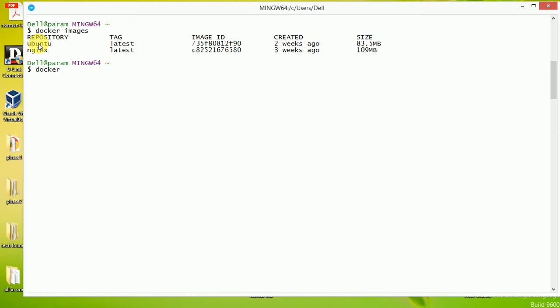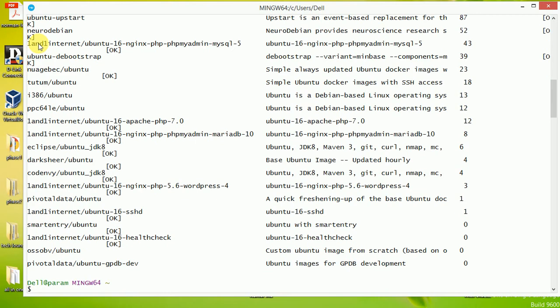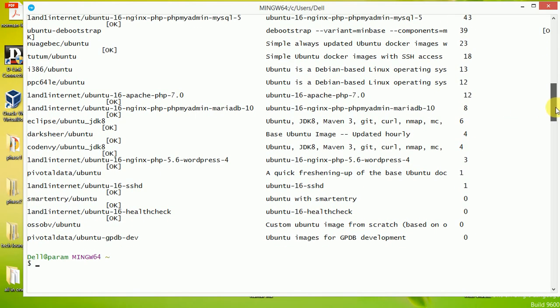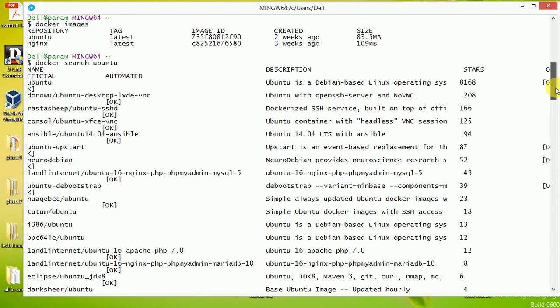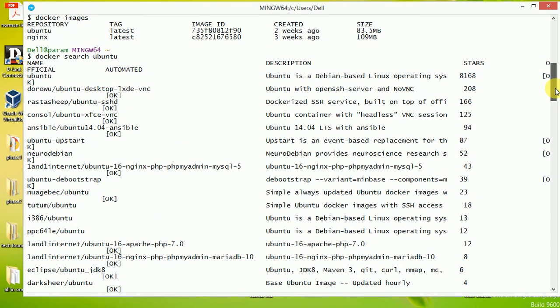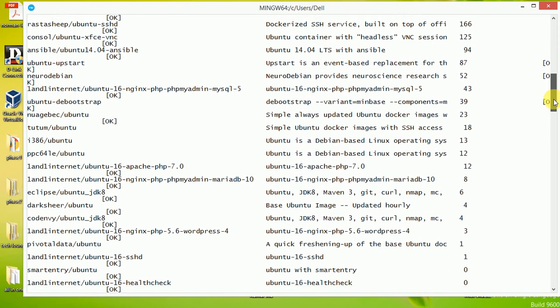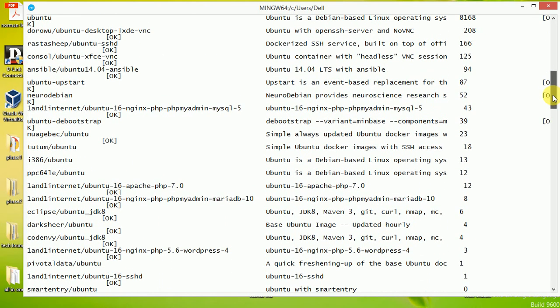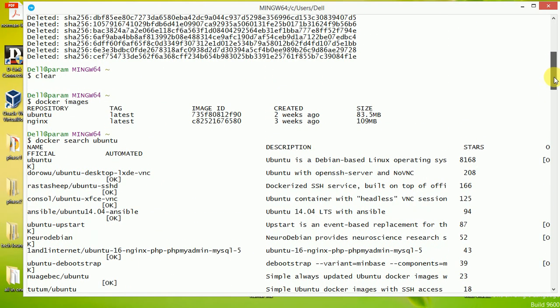First you need to search for that image: docker search Ubuntu. It will go to the public registry and search for all the images named Ubuntu. As you can see, different images are there. Everyone pushed their own images with something different. They have changed something and installed something in their own Ubuntu and pushed it to the public registry. Here you can see the official one, Ubuntu,